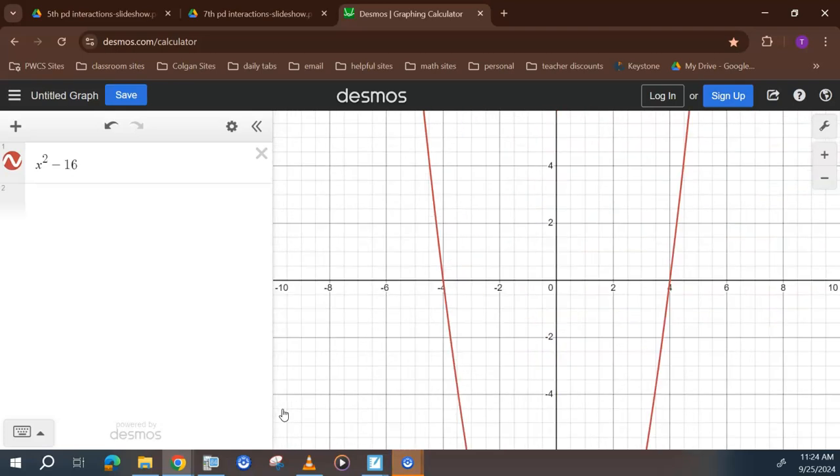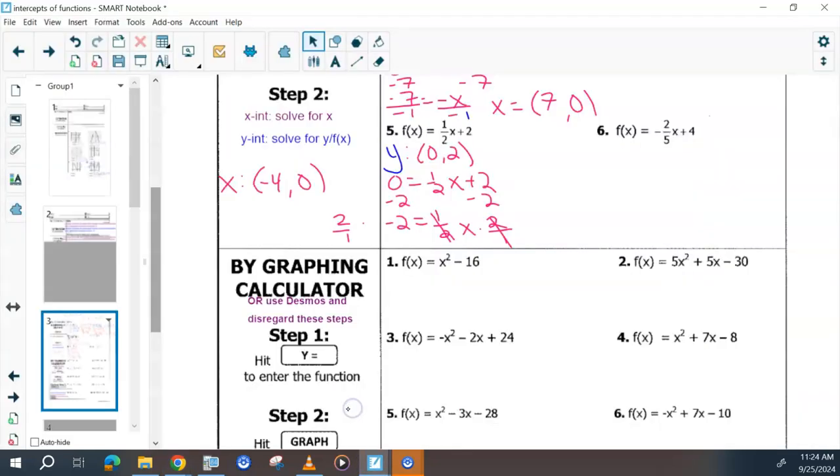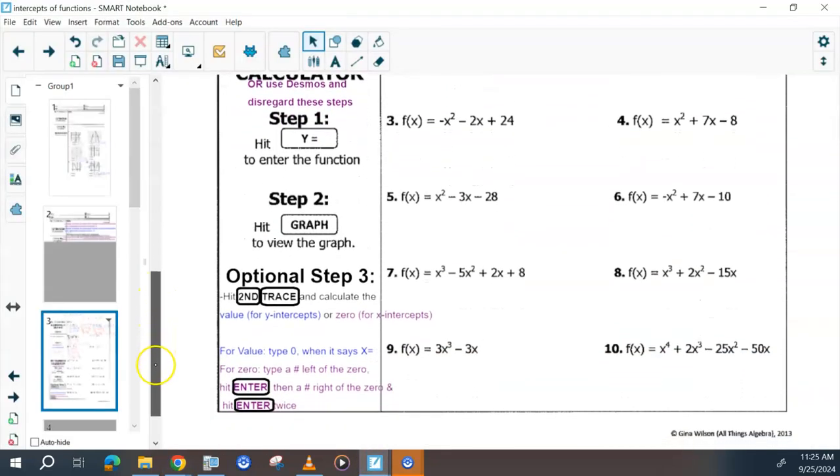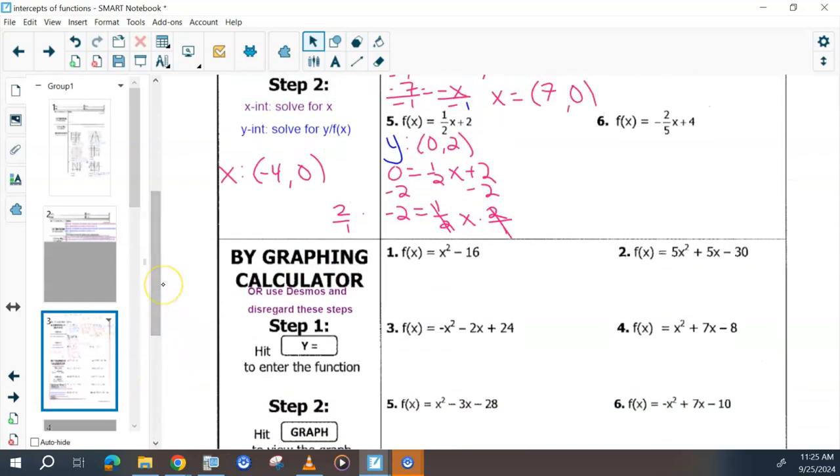Again, we're not really dealing with these right now, we will later. We're dealing with mostly lines, but to look for both the intercepts,